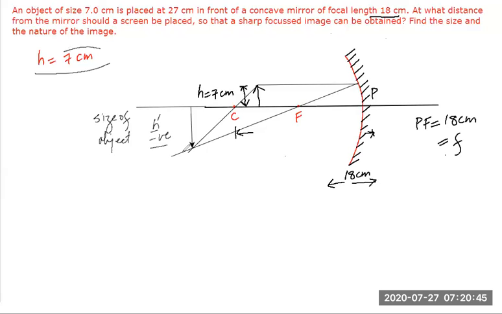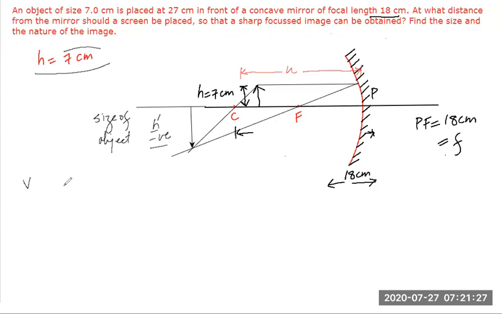So I also know where the image will be placed. Where the image will be is represented by which letter, students? So V. And this is U where the object is placed. This is exactly where the object is placed. And V will be more than 36 centimeter in magnitude. Actual value will be less than minus 36.